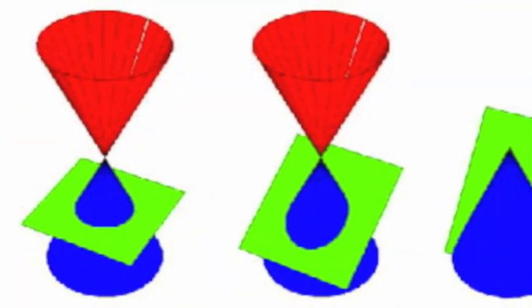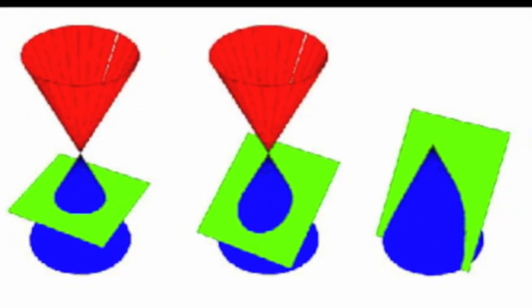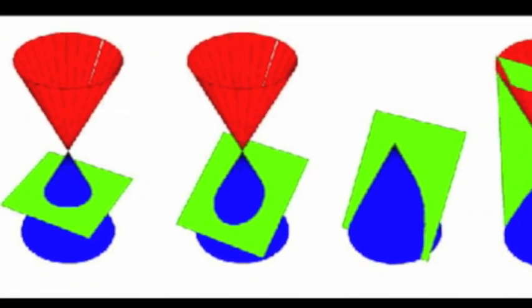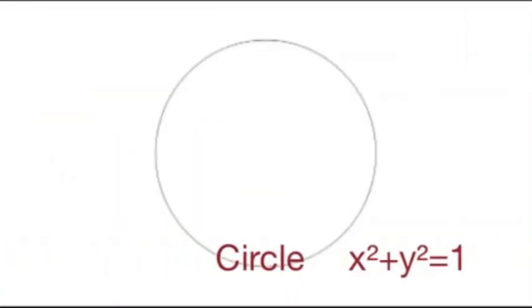A conic section is created when a plane intersects one or two cones. What can result from this intersection is a circle when the plane is perpendicular to the axis and goes through one of the cones,